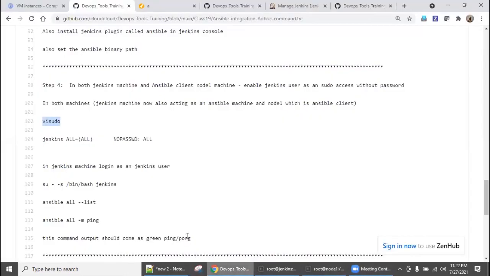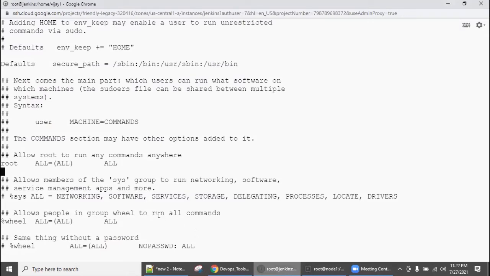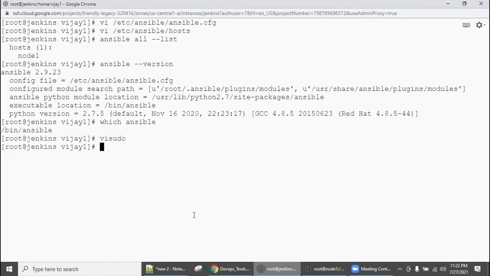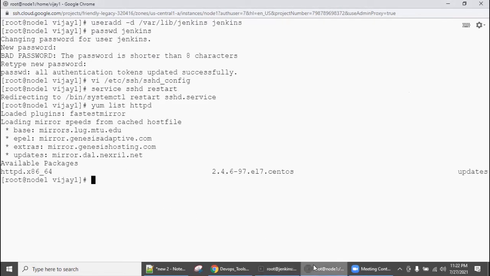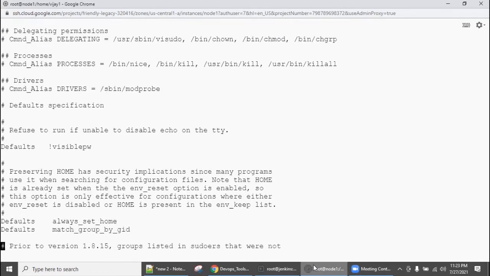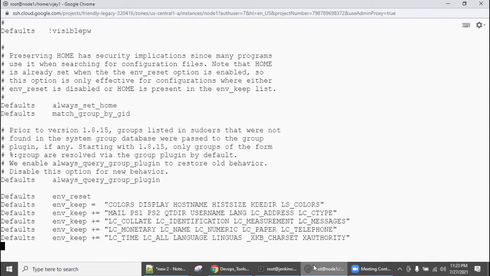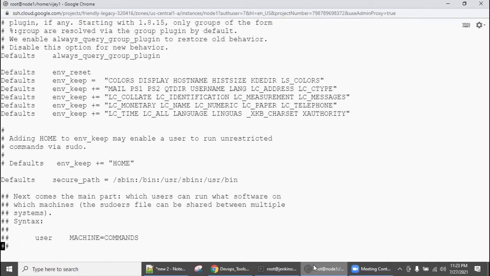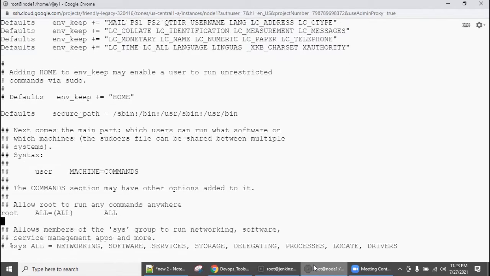Since I typed it, I can just take this, go here, say insert, paste it, and save, come out. The same command, go here, visudo, come down, the same line, root ALL. In this, I'm going to paste the same.